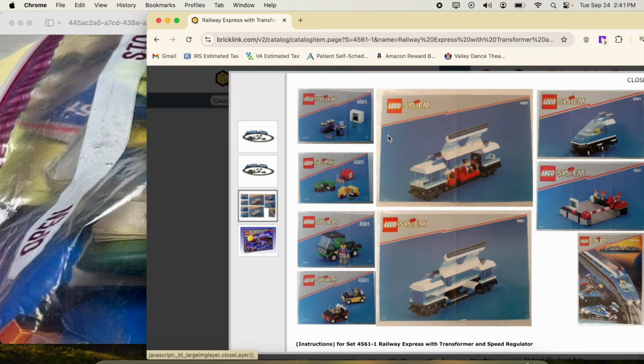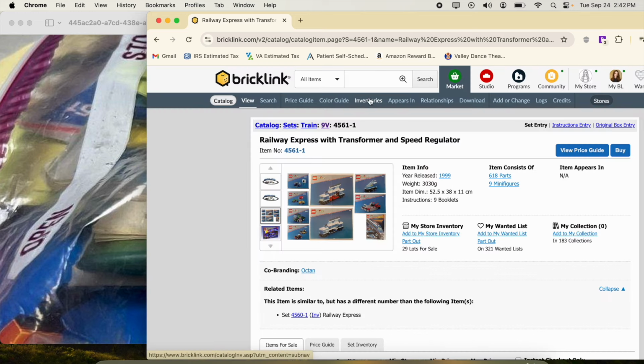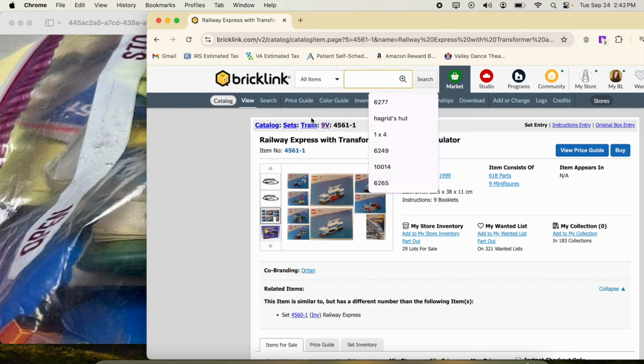These are the instruction manuals. I'm trying to point it out with my finger, but I gotta do it with the mouse. Okay, so you can see that the corner there looks like this instruction manual corner. But this one looks like it ends in 5-1. So with stuff like this, when I can kind of piece it together like that, since this one starts with 45, I would try